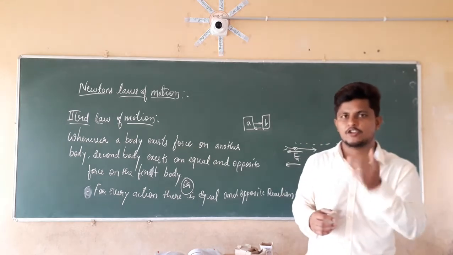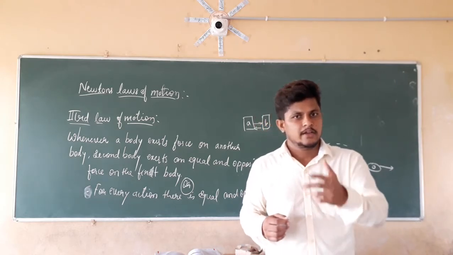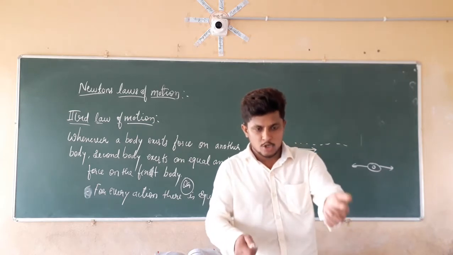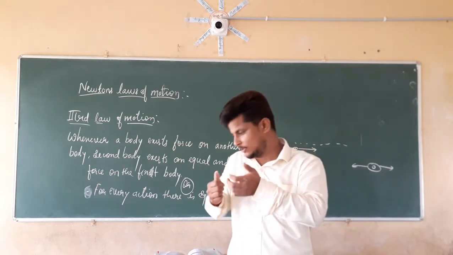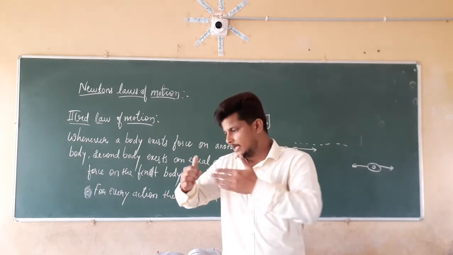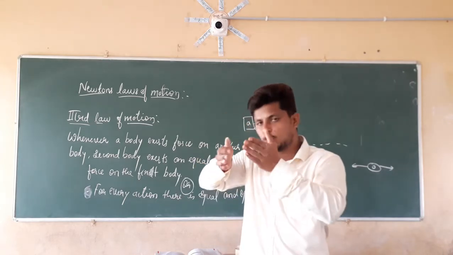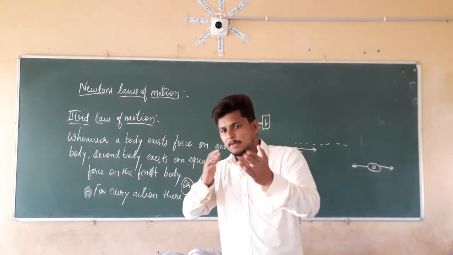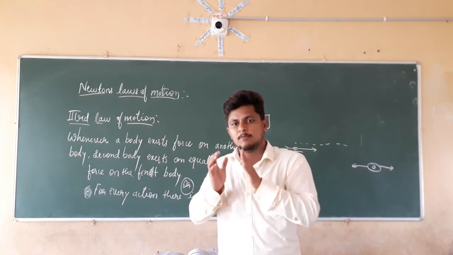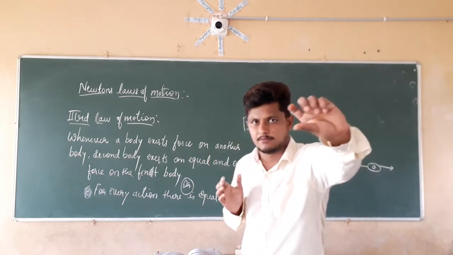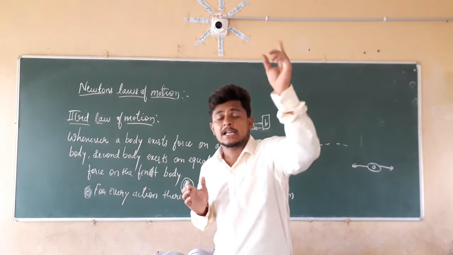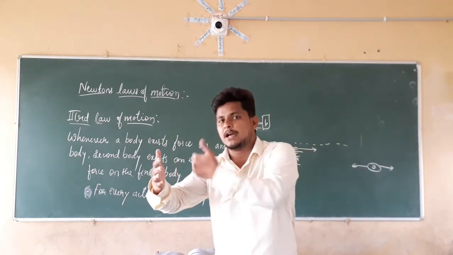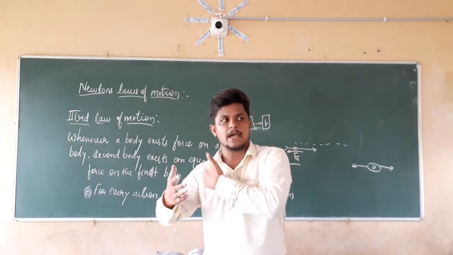Now take the pistol. If you see on television, army people hold their guns or pistols against the body, on the shoulder. Like in sniper guns, they hold those guns onto shoulders. Why onto shoulders? Because when they fire a bullet, the bullet is going to move in the forward direction. That bullet is going to exert force on the gun, so the gun is going to move in the backward direction.